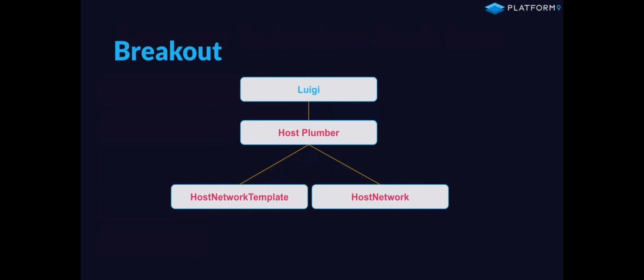So what are the different components? This is just a very overly simplified layout of what we have. We know that Luigi is the overall umbrella, and it's the operator that simplifies the configuration of the technology stacks. But under that, you also have Host Plumber, which is a Kubernetes operator-based solution that helps configure your nodes for those advanced networking use cases. What it does is define two new custom resource definitions called host network template and host network. Those are used to configure the host networking and view the networking state. The Host Plumber runs as a daemon set on each node. It's responsible for discovering the host's initial state and then populating the host network CRD.